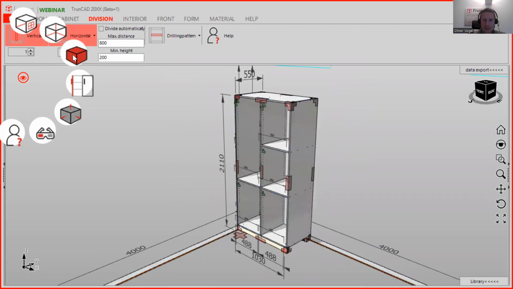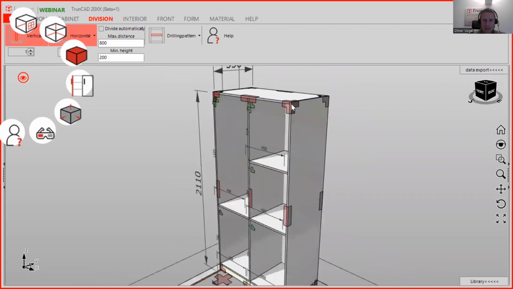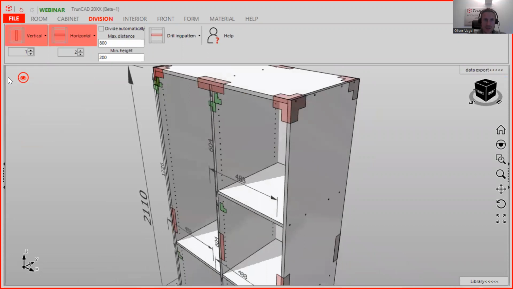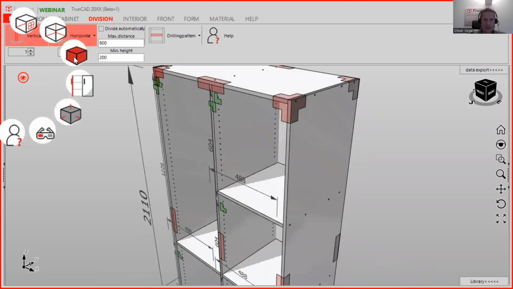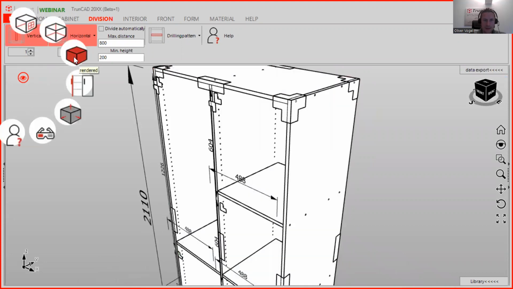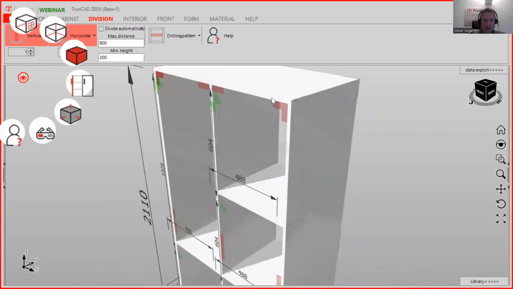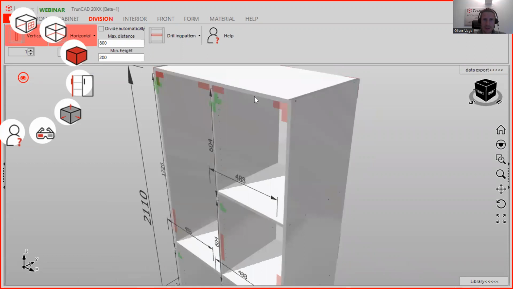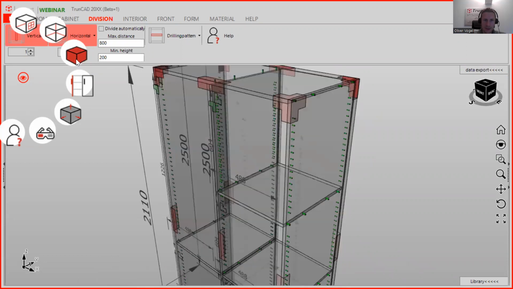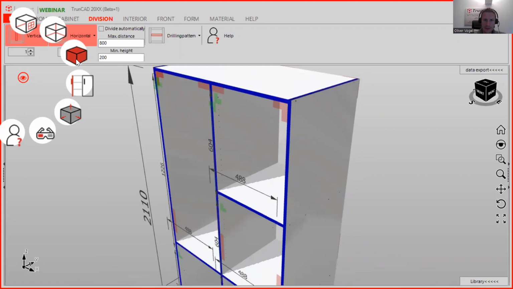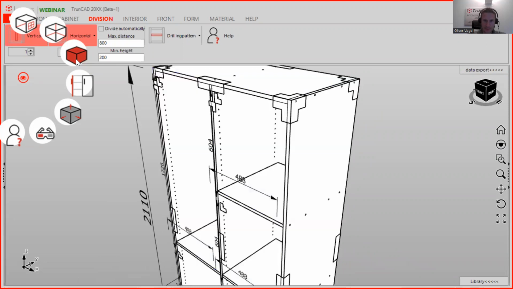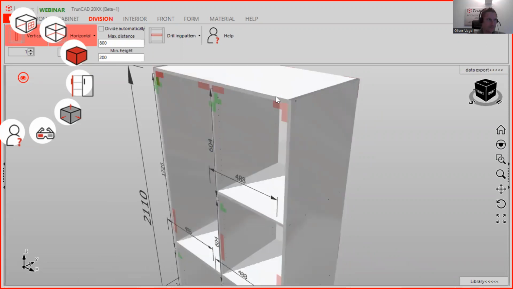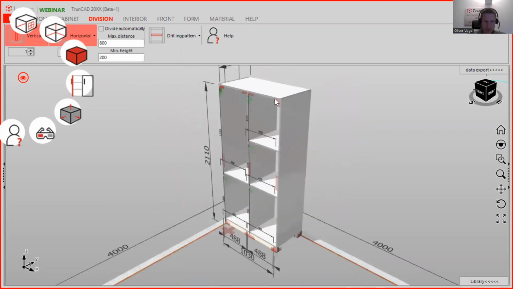And here you see it more clearly, the edges. And here the edge bendings have the same color as the material, and here it's a different one. Yeah, you can here click through it and choose your favorite. So that was the